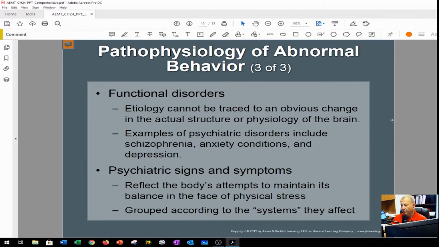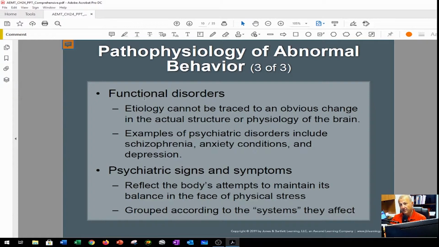So we have functional disorders, right? And so that's one in which the etiology can't be traced to an obvious change. It can't be traced to a structure of the brain. So basically, it's just an unknown. We know that this person has a behavioral issue, right? But we don't know why. We don't know exactly what part of the brain is misfiring, but the patient definitely has something going on, and